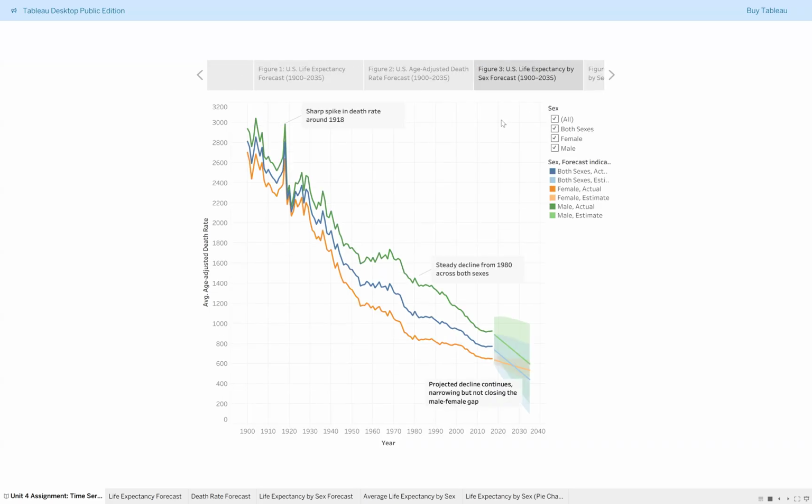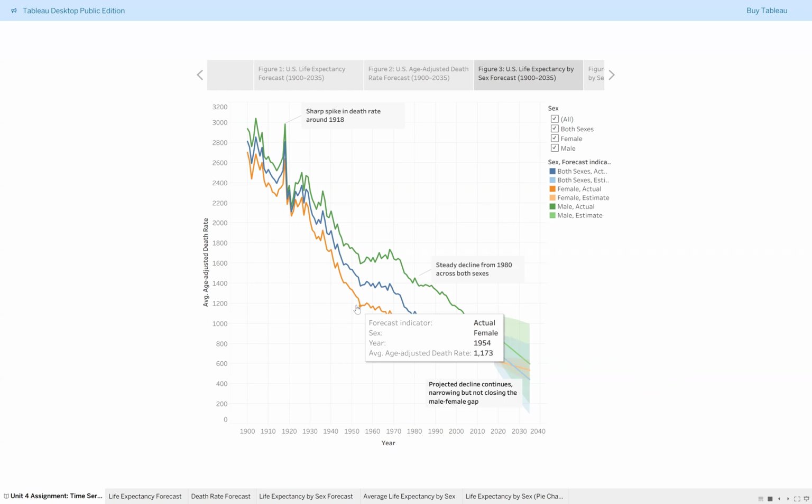Okay, US life expectancy by sex forecast. This time series graph separates life expectancy by gender. You can see it includes both male and female. Across all these years, we can clearly see that females consistently outlive males by about 5 years. Notice there was a dip around 1918, that represents the influenza pandemic, followed by a recovery afterwards. And Tableau's forecast indicates that both male and female life expectancy will keep increasing, while the gender gap remains stable through